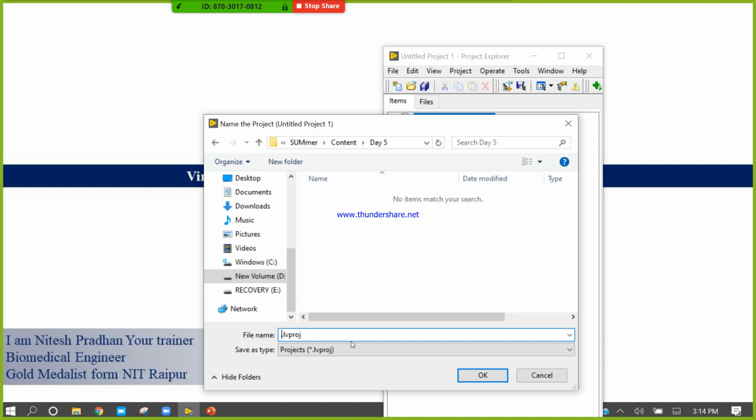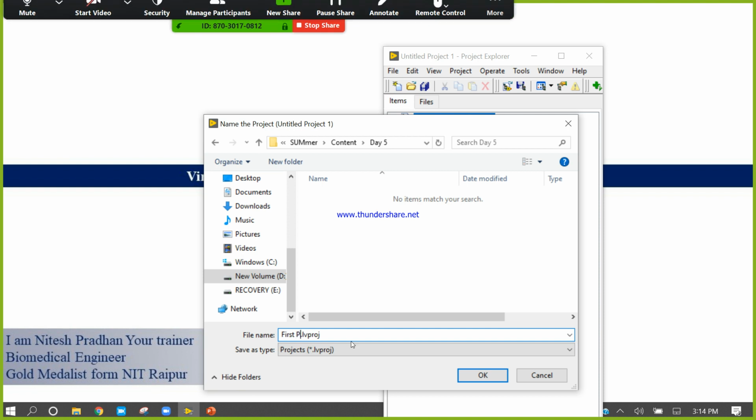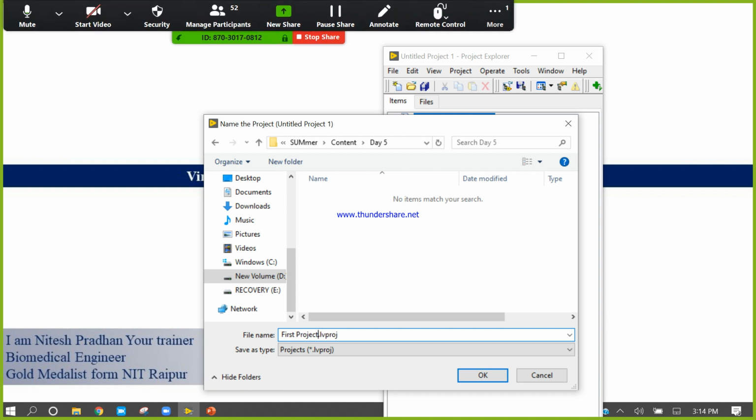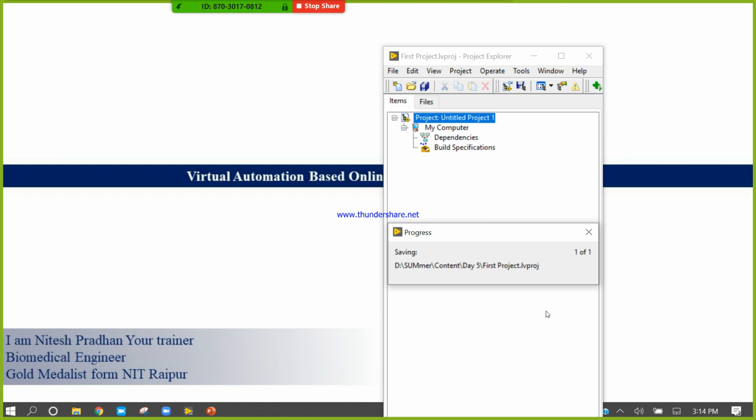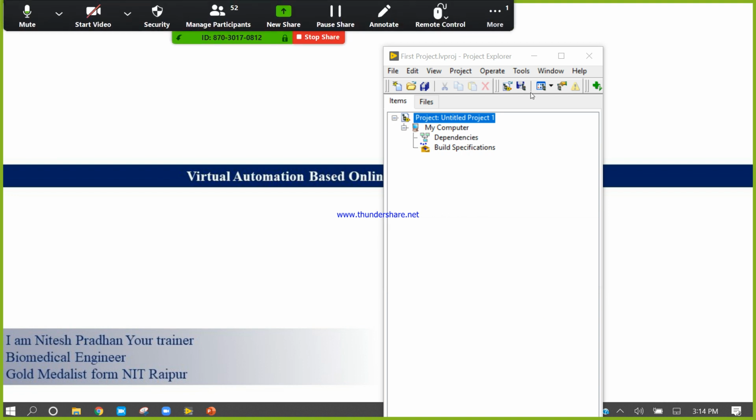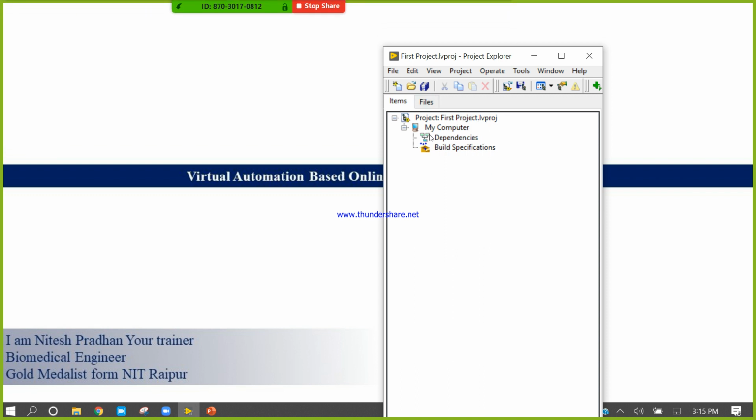First project .lvproj. Don't delete this .lvproj, it is an extension of LabVIEW. Now save it. So now my project name is first project.lvproj.